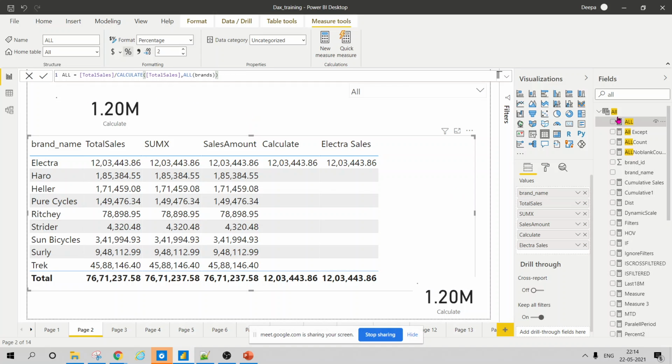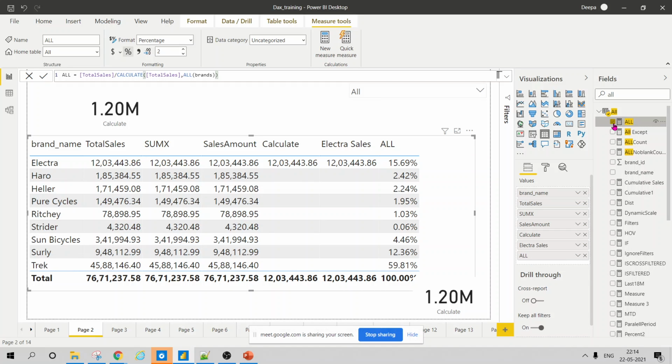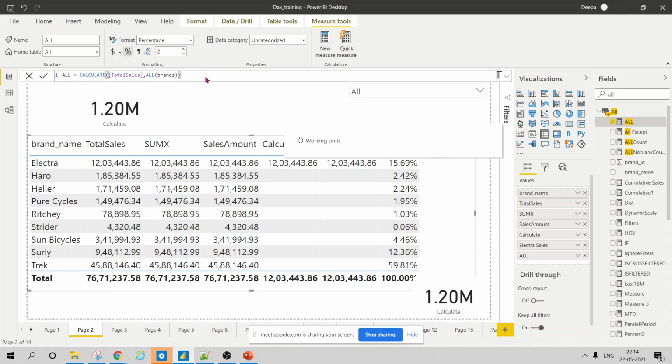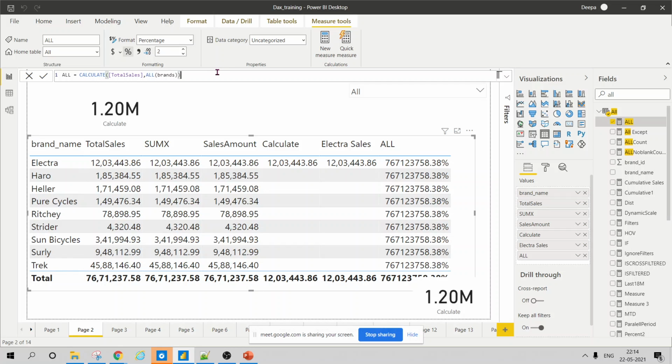So if you see that, first of all what it is doing is it is taking total sales divided by, so let me first just show you this one. Okay, so do you understand what is happening?